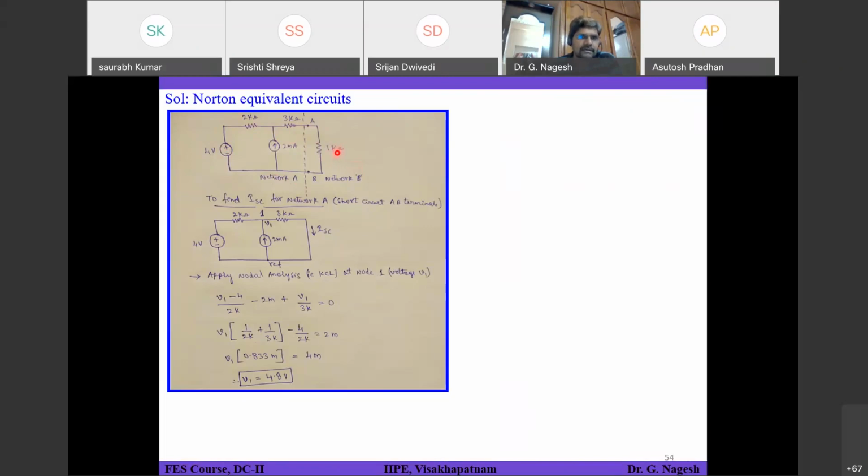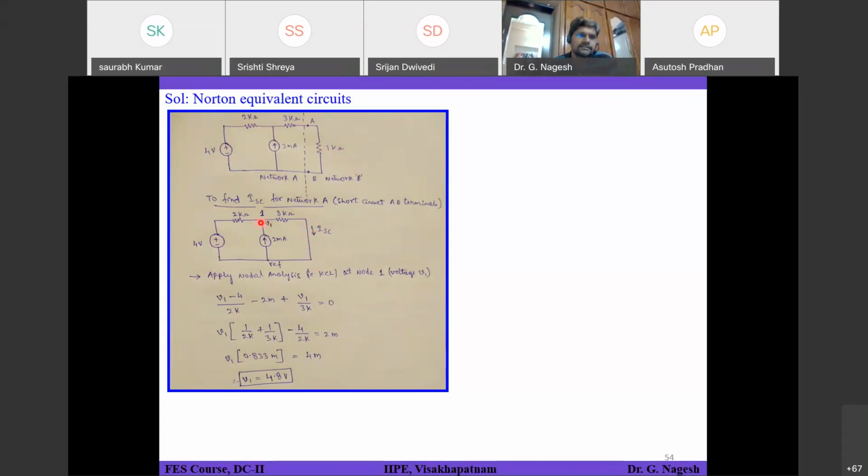You are disconnecting, and next you are finding the method. What is the method? First you disconnect, next replace with a short circuit. That is the first step you have to do. After short circuiting, denote it as ISC and give a specific direction to it. Current flowing from top to bottom, and ISC is the denotation you have given. So ISC is nothing but IN. Right. So now you have to find out ISC.